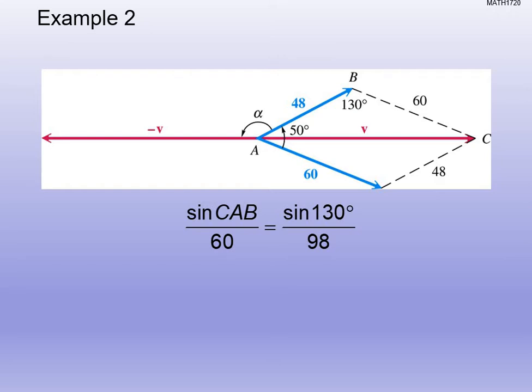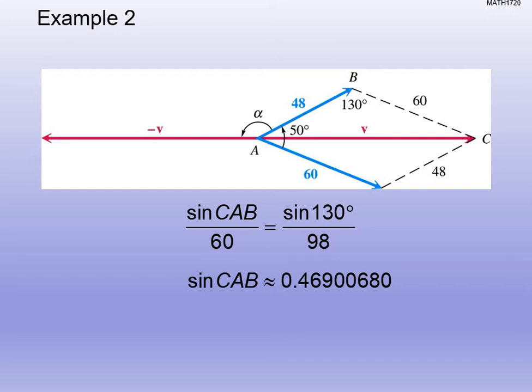I'm not going to get into the details on this piece because we've done the first two sections in this chapter on the law of sines, and then we did some in the last section's lecture with the law of sines as well. So you should know how to solve for the law of sines here. To get the angle, though, remember, that's the ratio. So sine of CAB is